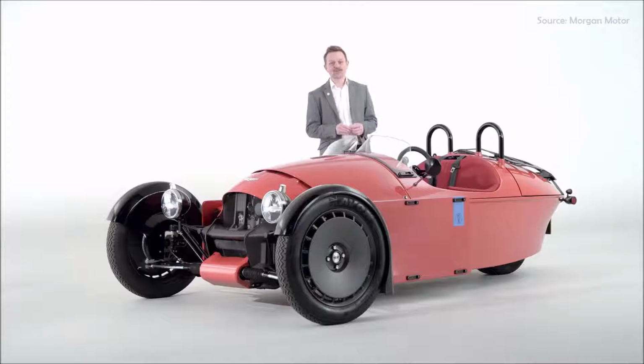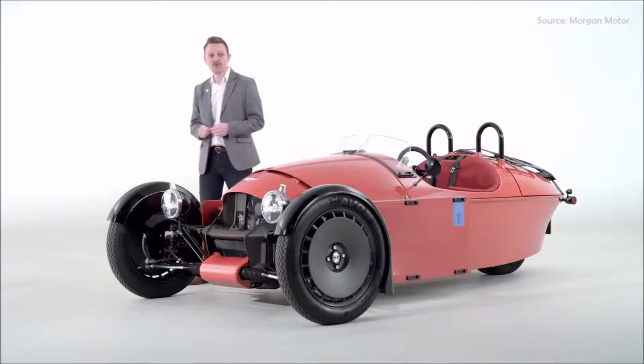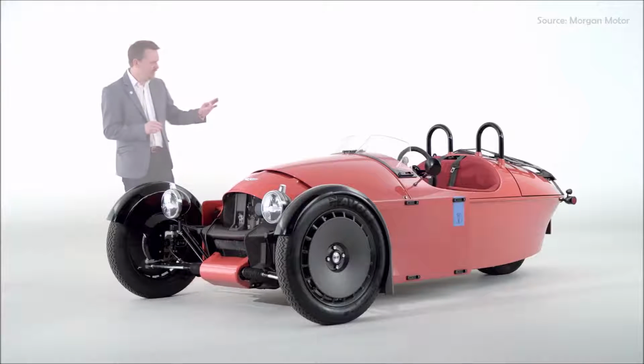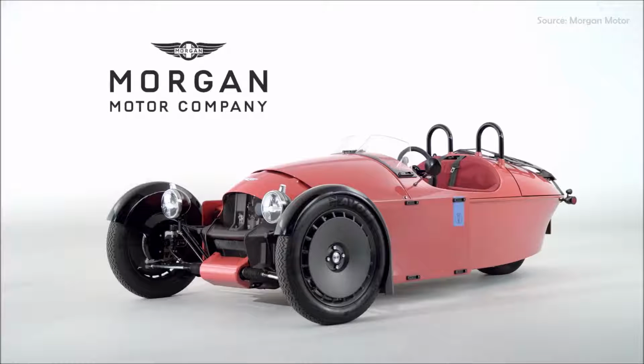The Morgan Super 3 is available to order from your nearest Morgan dealer today. Or if, like me, you're itching to get started, then head over to the Morgan website and start configuring your own. I'm thinking maybe gentian blue paint, saddle leather, maybe tinted yellow aero screens, and perhaps, I'll go slightly different with